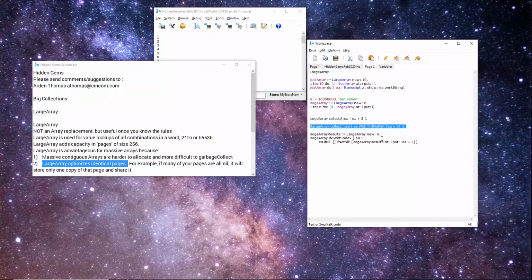So what if I don't want that? What if I want the results also in a large array? I have to specify that. So I'm going to create another large array called large array results. Go ahead and do that. And then I'm going to do with index here. I'm going to say the results at I, that's my index,